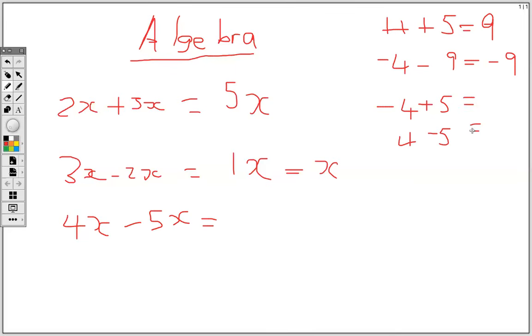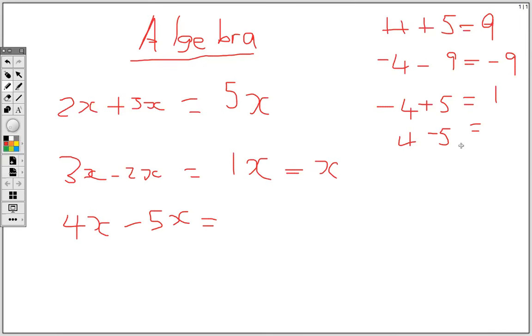So this is what I like to tell students. When the signs are the same, we add. So these are two positives, so we add and keep the sign. When the signs are negative, we add and keep the sign. But when the signs are different, we subtract and keep the sign of the bigger number. So this is positive and negative, so I will be subtracting. So 5 take away 4, I'm left with 1, but because this is the bigger number, it will be a positive 1, while 4 take away 5,